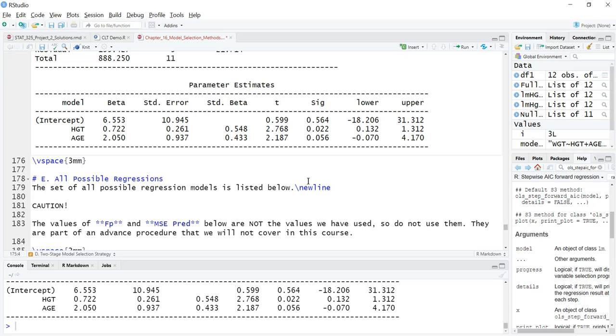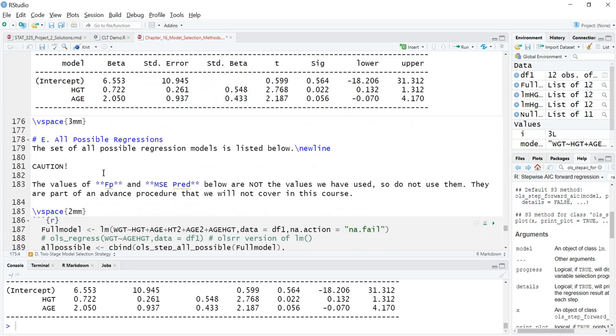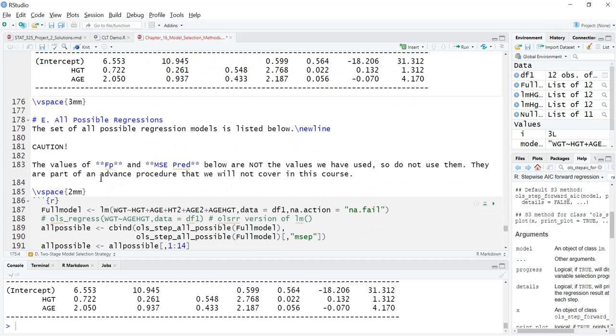So this is a very nice printout. Okay? And finally, we're going to do all possible regressions. And so I have to caution you that when I started looking at this, I realized that the F value and the MSE values are not the F and MSE values that we have been used to seeing. They're, again, for this advanced method called general linear models, and it's doing some validation and I believe bootstrapping, and so that is not something we've discussed in this class. So these are not the variables that you know how to interpret,